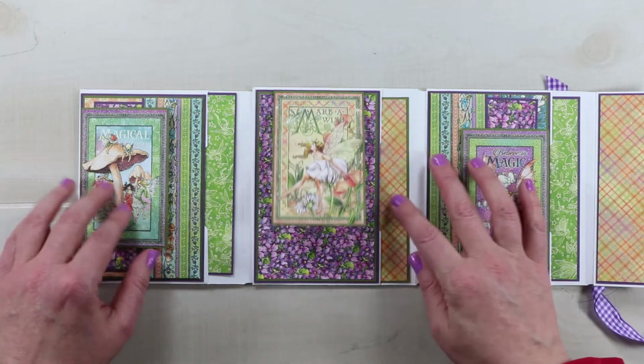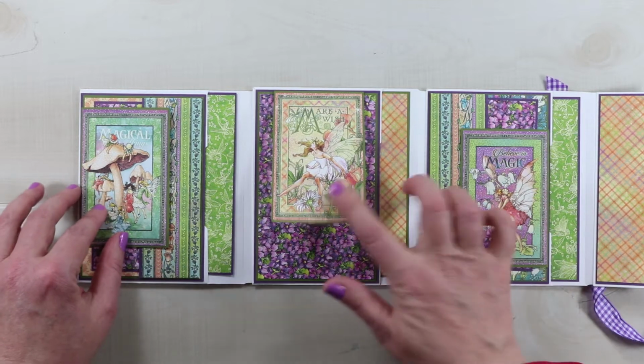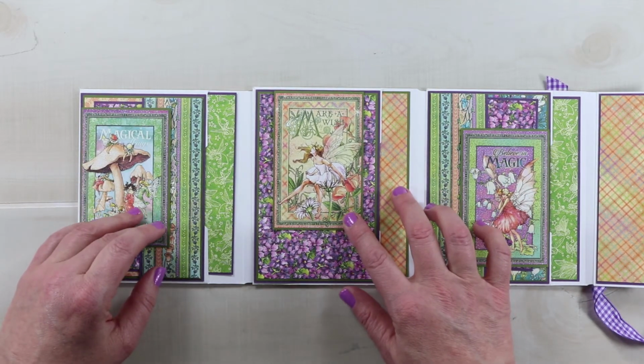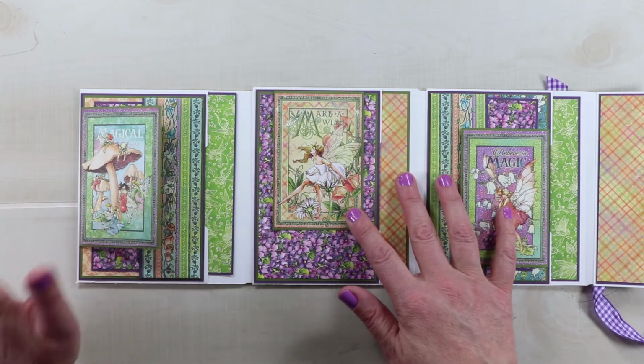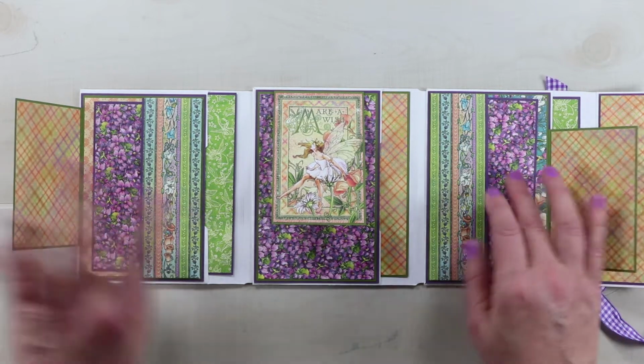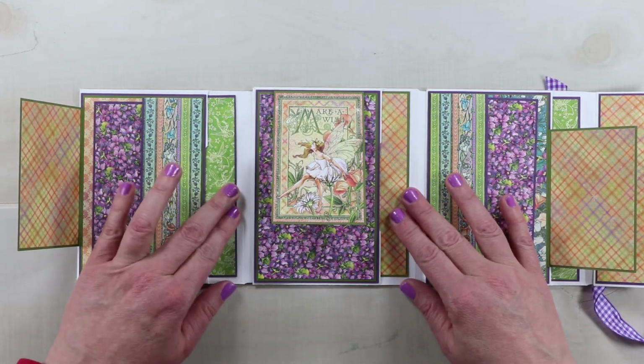They all work really well together, so you'd be hard-pressed to find a combination that didn't look good, as long as you keep the matting in there to keep the patterns from getting busy. So we've got 3 tip-ins, 2 tags to pull out here, and then 3 of the larger pull-outs in the